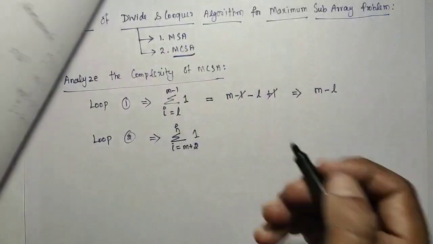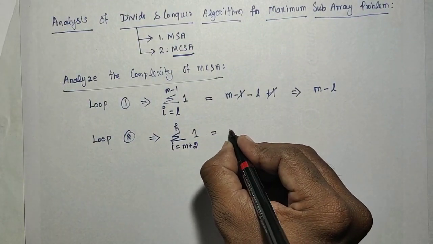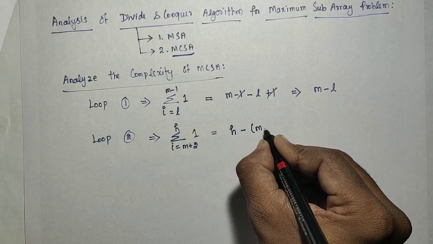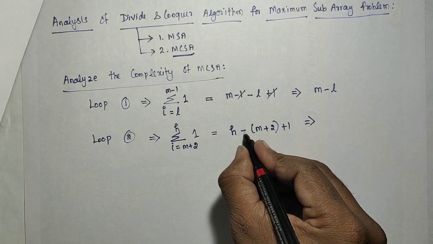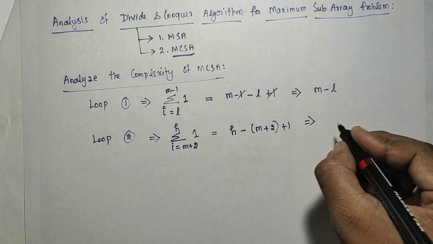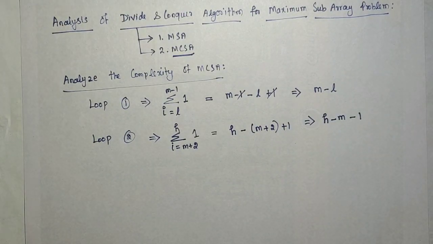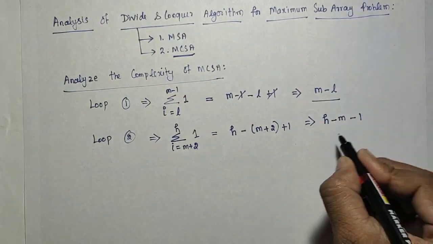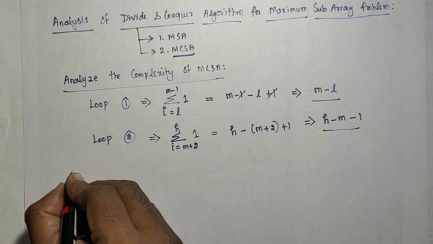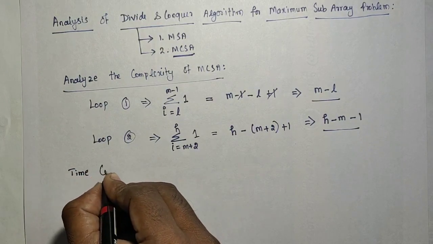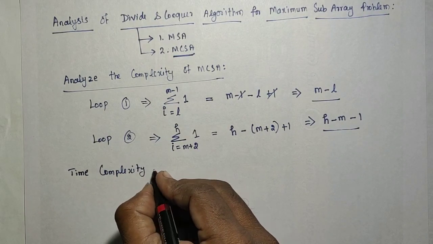So that we can write H minus M plus 2 plus 1, which is equal to H minus M minus 2 plus 1. So that is H minus M minus 1. This is the result. So this is for the first for loop and this is for the second for loop. So your time complexity